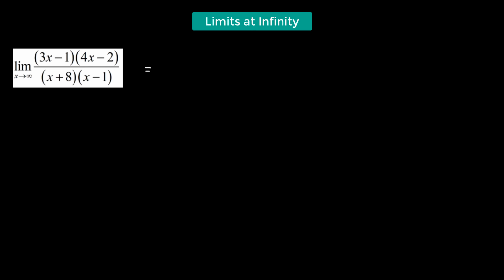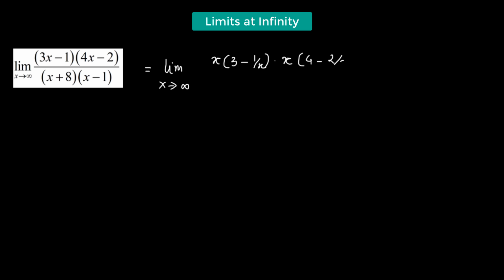So we begin by first rewriting the given functions. So we take x as the common factor from the first term, which is 3x minus 1. So we have x multiplied to 3 minus 1 over x. Similarly, we're going to take out x as the common factor from 4x minus 2, and that will leave us